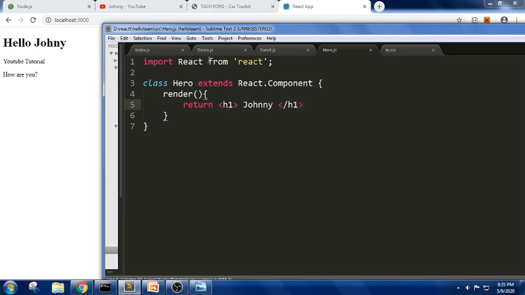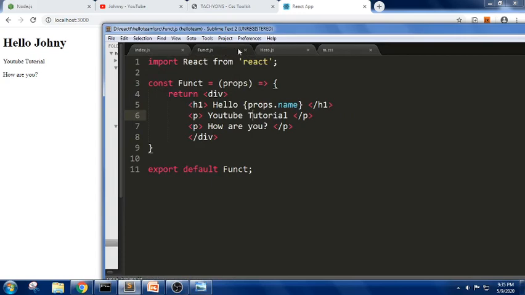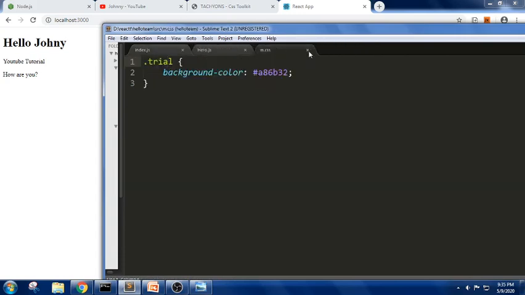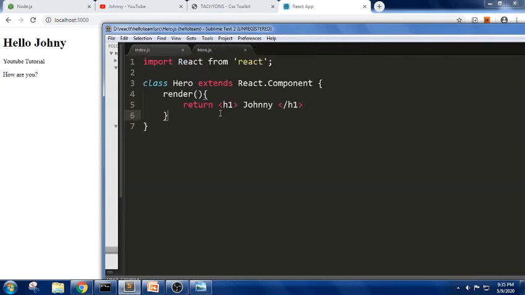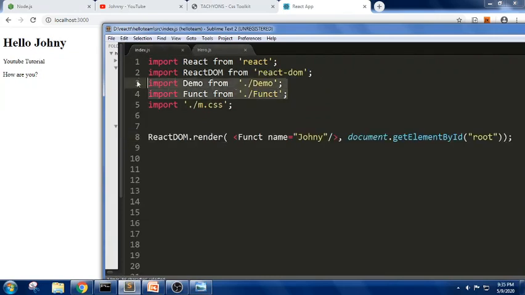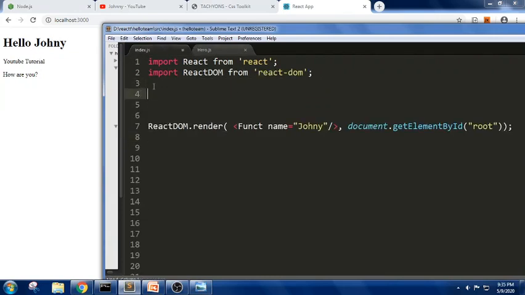See, there is no change in the output. Always remember, whenever you are trying to use, let me close all these things. When we are using a class component, we should always import it. So in order to import this, I'm just removing all the previous part, and I should be able to import it. So I should be able to write the class we have. Sorry for this. Yes, we have written Hero here.